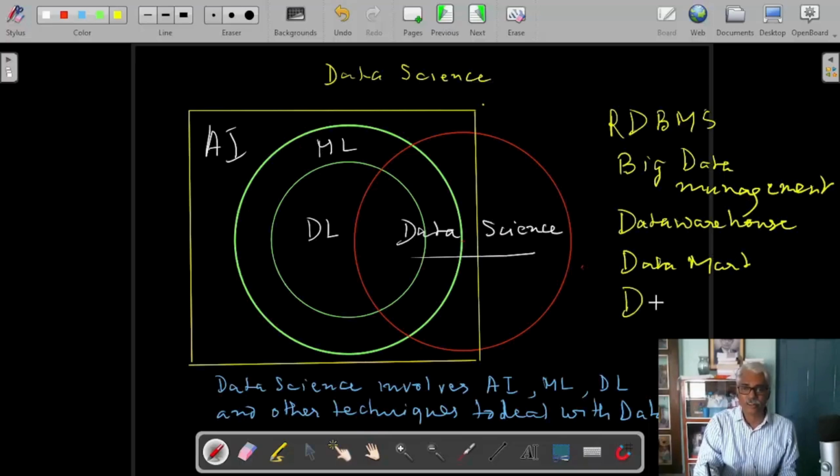There is something called data lake also. So these are certain terminologies which are included, and there are many things you may have to learn under data science,